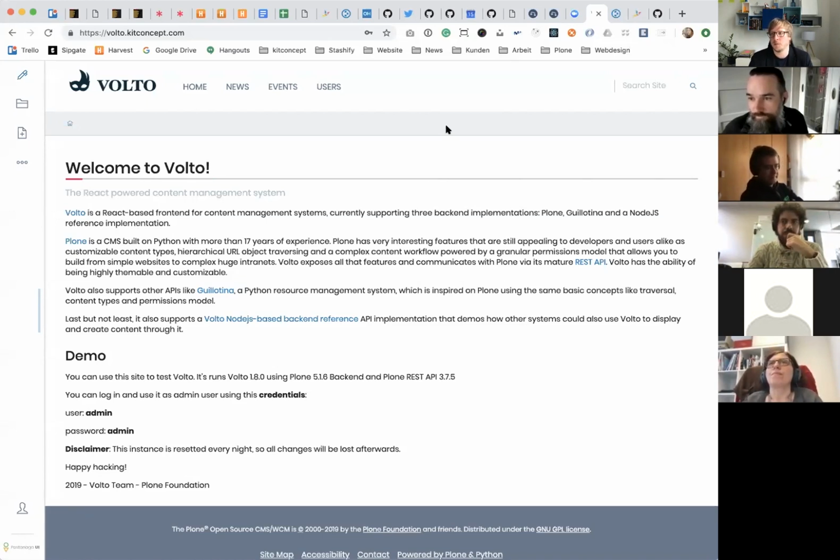If that works well and people like it, then we could imagine to do that on a regular basis. Because what we as Volto team, if you will, are trying to do right now is onboarding people, right? Convincing people that Volto is a great thing, and helping them to start working with Volto, no matter if it's developers or agencies or companies.